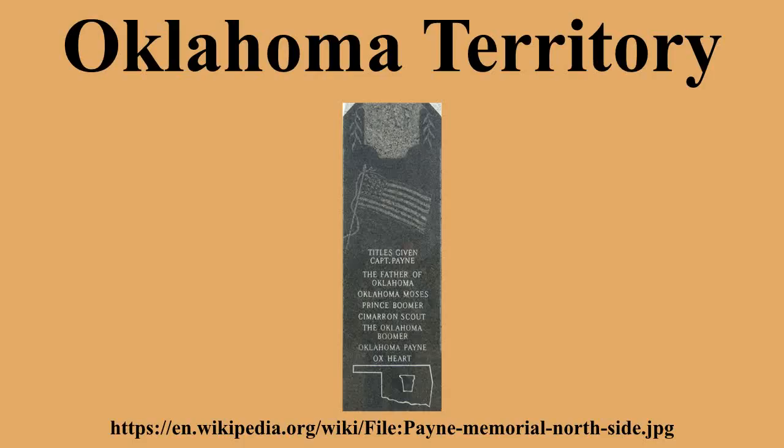The Territorial Secretary would serve as the chief assistant to the governor and, in the event of a vacancy of the governorship, the Secretary would serve as the acting governor until the President appointed a new one. The Secretary was responsible for recording and preserving the laws and proceedings of the Assembly and the acts and proceedings of the governor. A copy of the same would semi-annually be submitted to the President of the United States Senate and the Speaker of the United States House of Representatives for review.